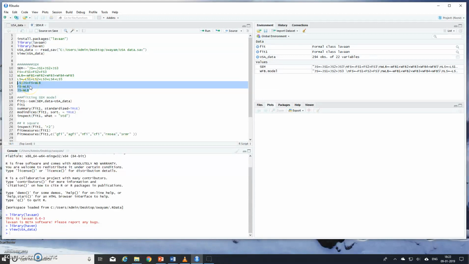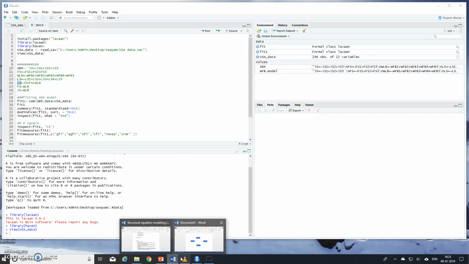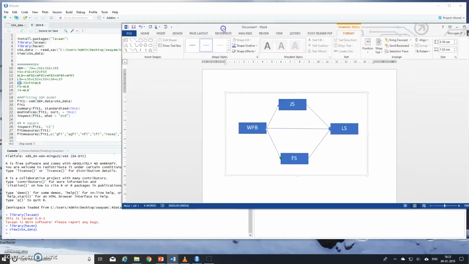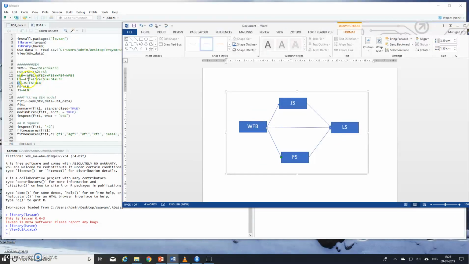In R, when you perform any linear regression analysis, we use this tilde symbol. So here LS is the outcome variable, and JS, FS, WLB, all those variables have a linkage with life satisfaction. If you see the diagram here, work family balance, job satisfaction, and family satisfaction, everything has a relationship with life satisfaction. So this is what I have presented.